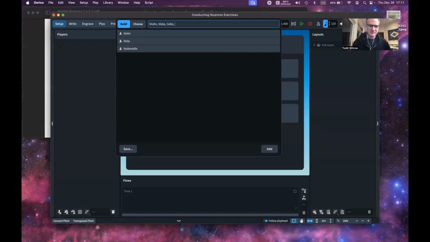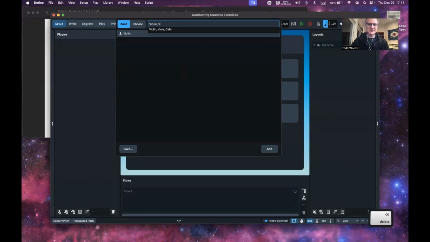We also need B flat. I think I'm going to put in oboe. And so once you've got it here, you can just hit comma and add it. And maybe, yeah, let me go back. So what I'm going to do is basically search for what I want. And I could do this, right? And then I could do comma, and type in viola, and then comma, and then